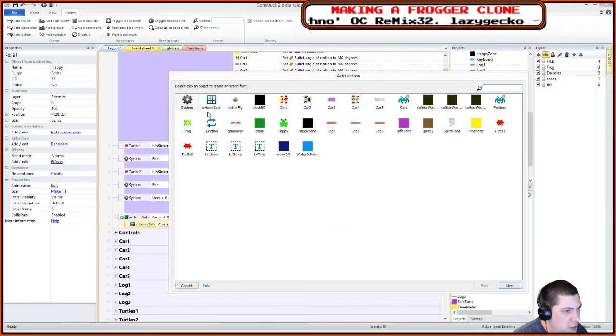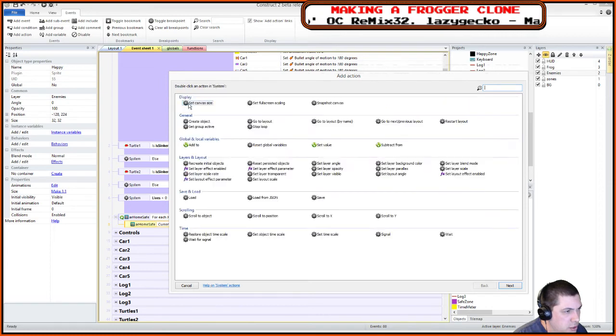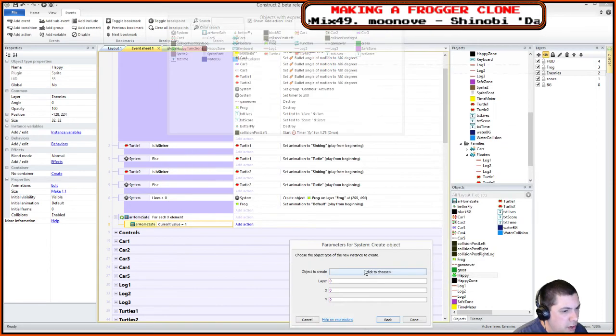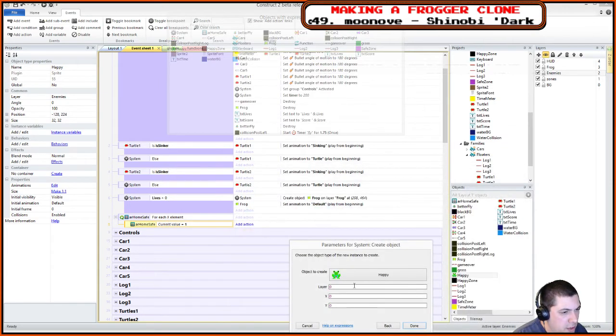Then create object happy on layer enemies